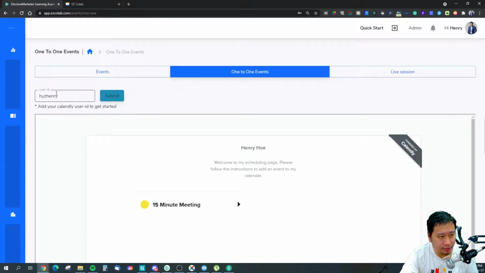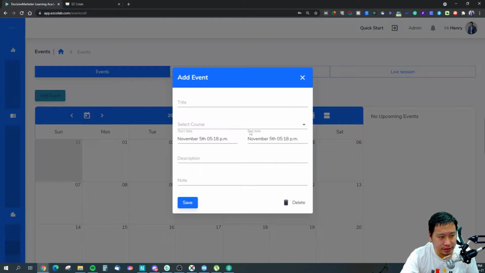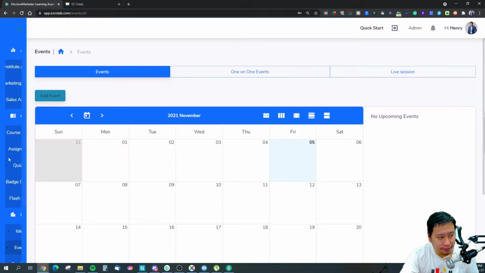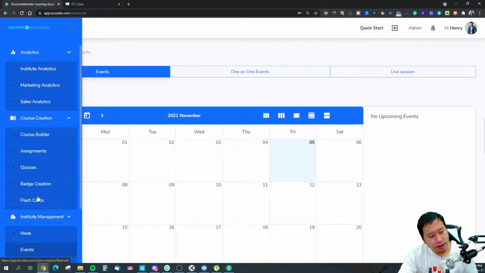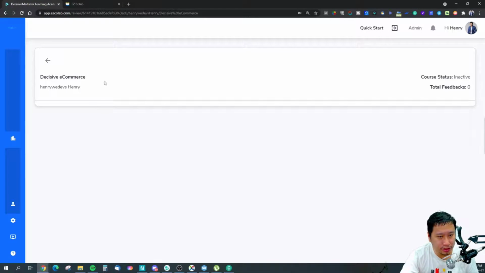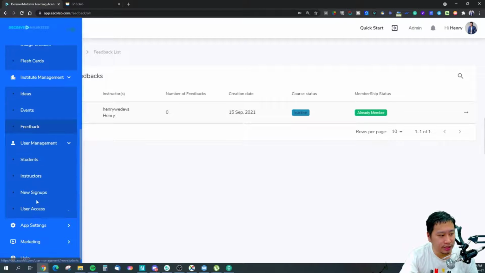Okay, as of now, the booking will be through Calendly. Okay, so that's how it works. You can put in your Calendly, and then these will be like all the events. You can set up an event, right, and then you can put it in here as well, right? So next will be feedback. So feedback will be coming in from your students, giving you feedback about how your course is,